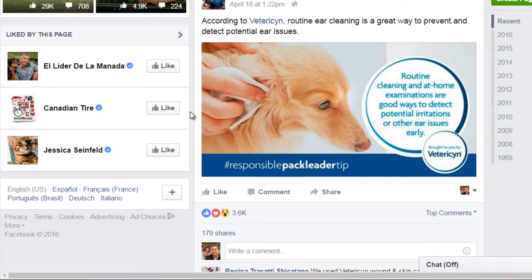If you were, for example, to create a piece of content on cleaning, you might want to hone in first on the problems that dogs have in relation to dog cleaning. In this case, you can see routine ear cleaning is a great way to prevent and detect potential ear issues. So you could hone in on a variety of different potential ear issues that dogs have.